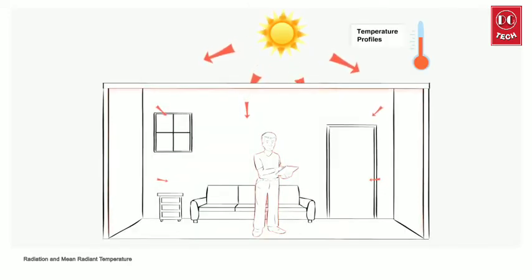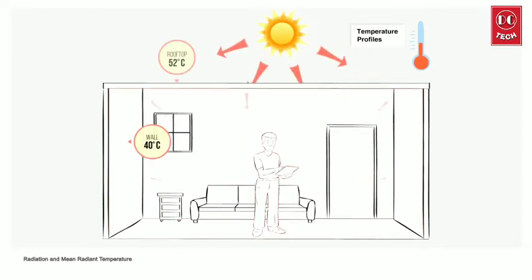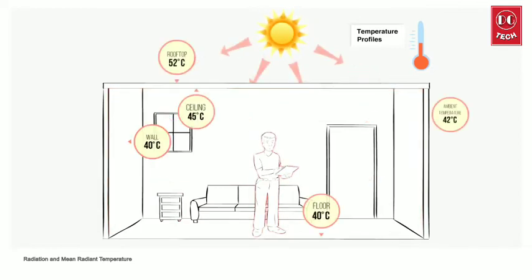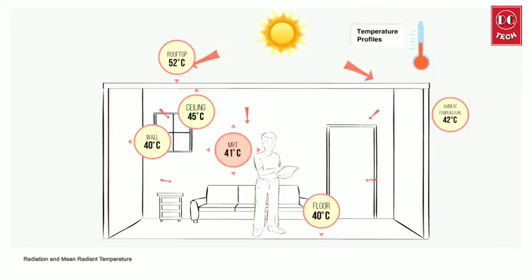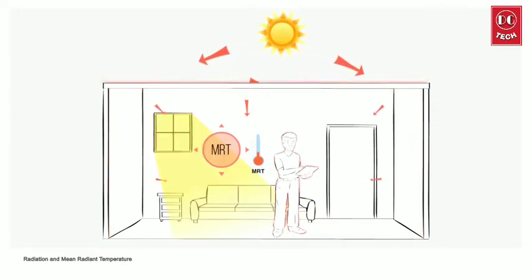One of the fundamental properties of heat transfer is that heat flows from a hotter body to a cooler body. In any room, there is constant heat exchange between the walls, roof, floor, people, and other objects. The weighted average of the temperatures at which the surfaces of all such objects in a room radiate heat is the mean radiant temperature. Mean radiant temperature quantifies the influence of surface temperatures on human comfort. For example, a hot roof, windows exposed to direct sunlight, etc., will increase the mean radiant temperature.